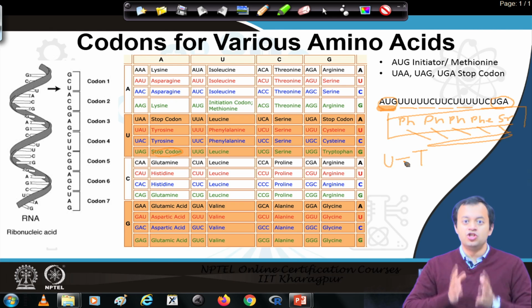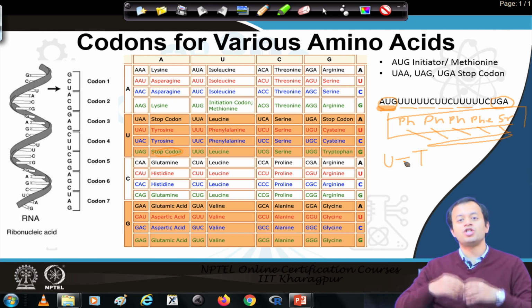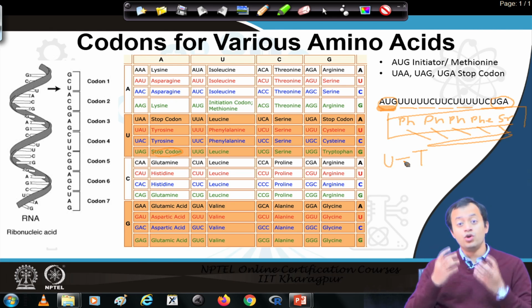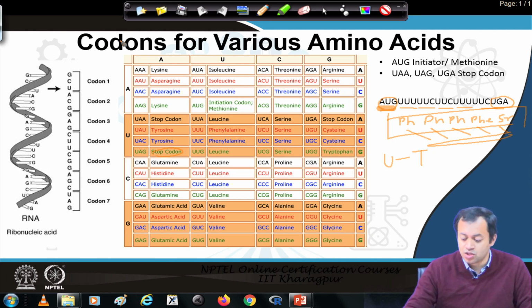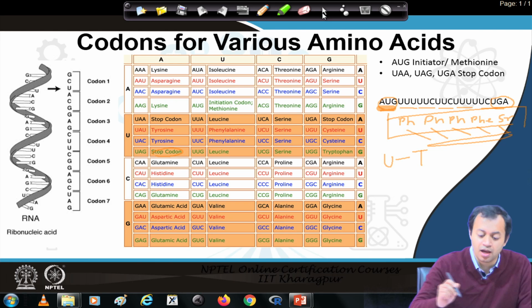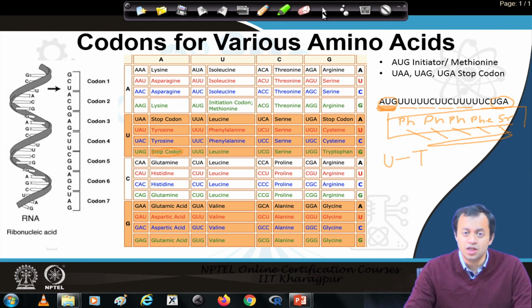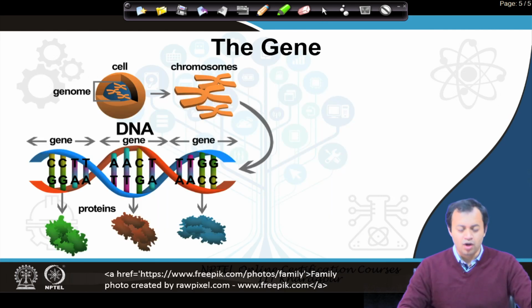So, again, gene is a part of DNA which contains information which could be synthesized into proteins, and we have triplets of base pairs called codons, and each of these codons synthesizes an amino acid. Okay? Just one codon, that is 3 base pairs, can create one single amino acid. So, let us move on.